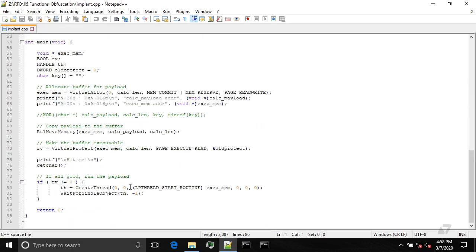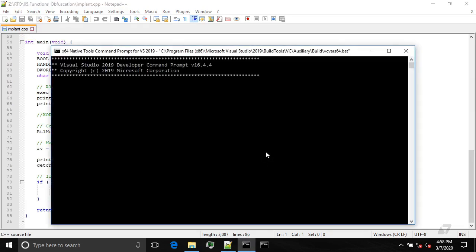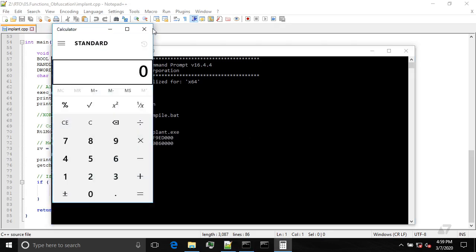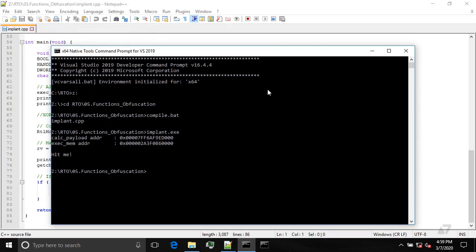we do all the standard stuff. So let's compile it to make sure that it works. So compile and run it, hit enter, and it works. Okay. Now let's take a look into